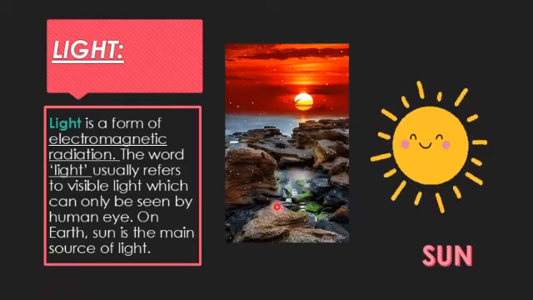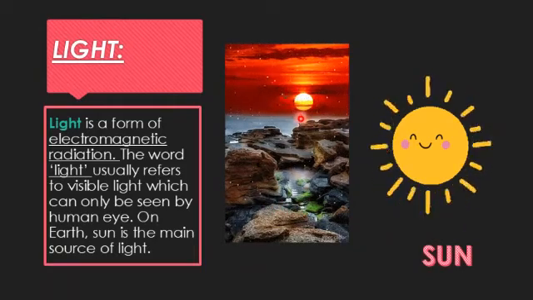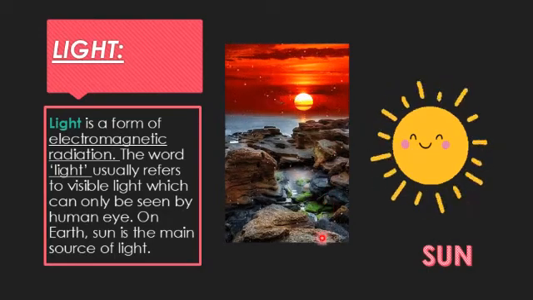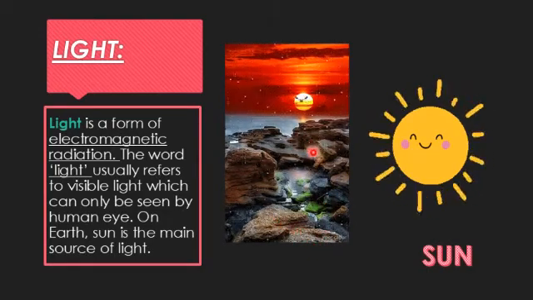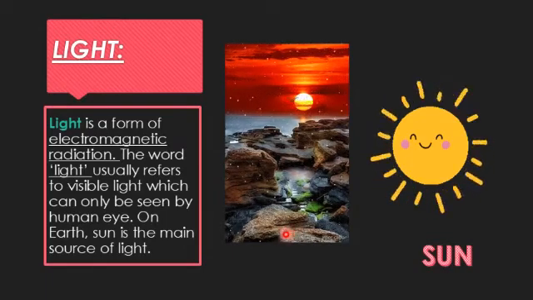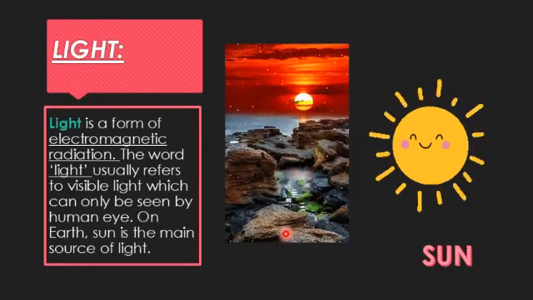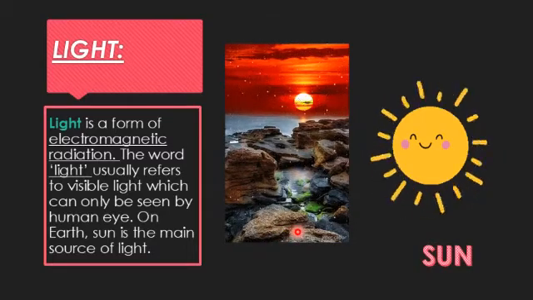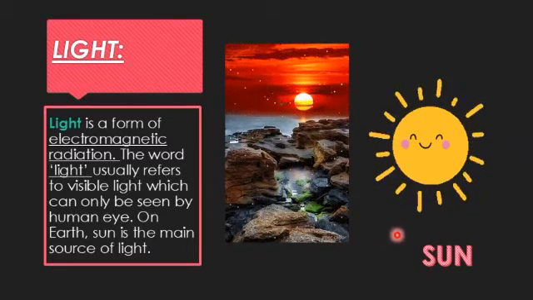So you can see that if the sun has set, there will be darkness everywhere, and you cannot see around, or you cannot see the objects around you. So you can only see everything around you with the help of light. And the major source of light on our earth is sunlight.